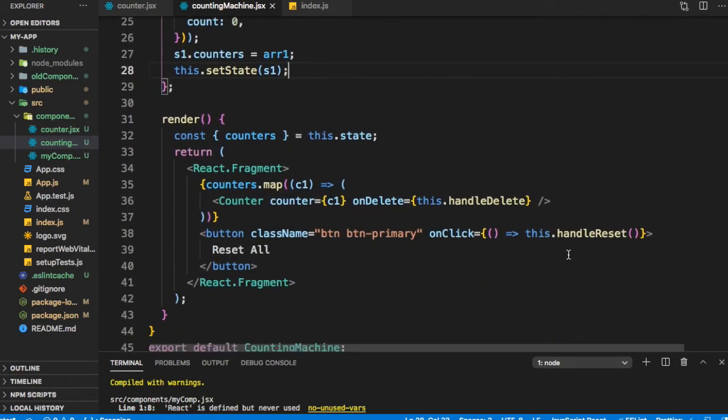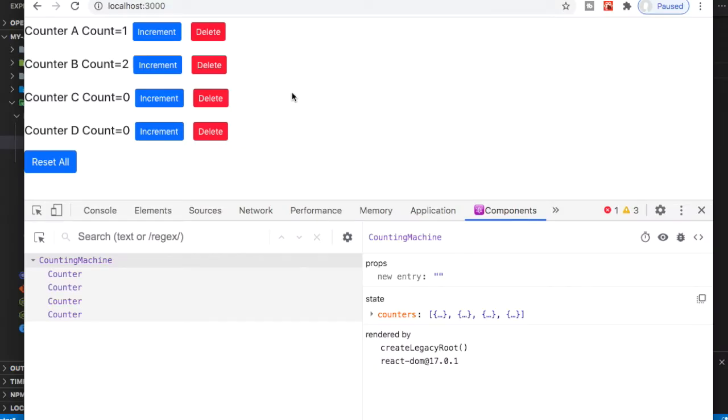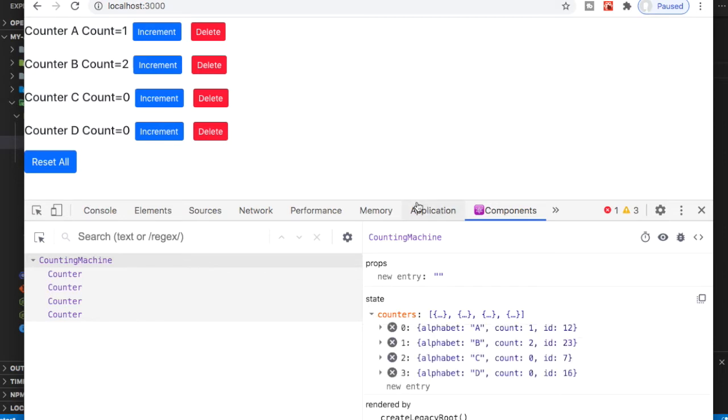So let's go ahead and test it. So here we have our counting machine, and let's look at the state. So this is fine. Let's increment all the values. Now when I click on Reset All, we can see that the state has been updated. So in the counting machine, the counts have all become 0, which is what we intended.